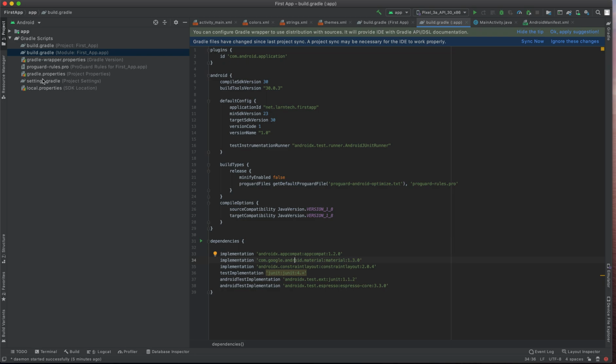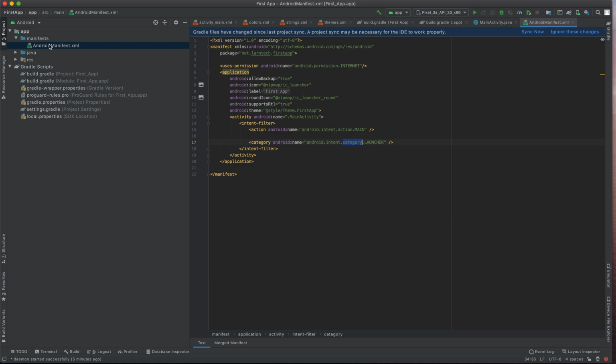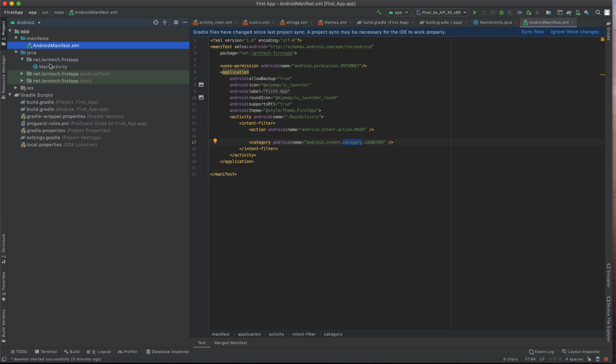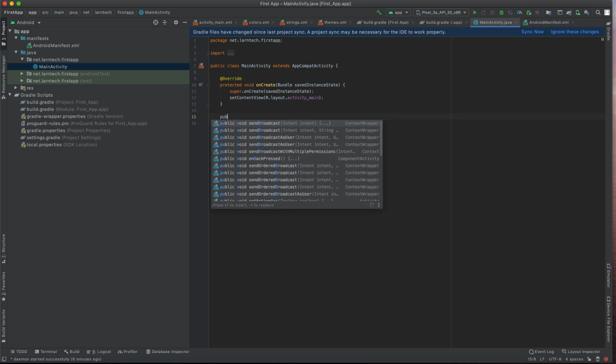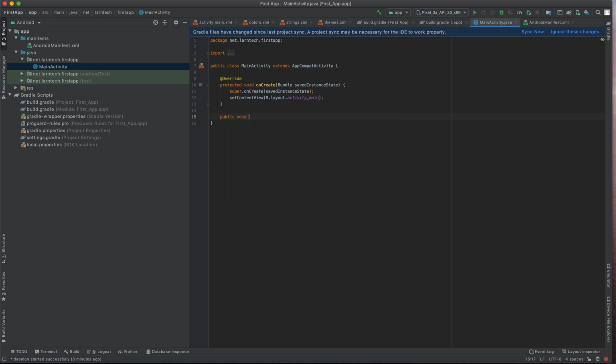So we are done with the project directory. So we are going to look at the code editor area, and we are going to open one file, and I'm going to open the Java file that is main activity. This is now where we write our code. For example, you can write a function here, public void open toast,